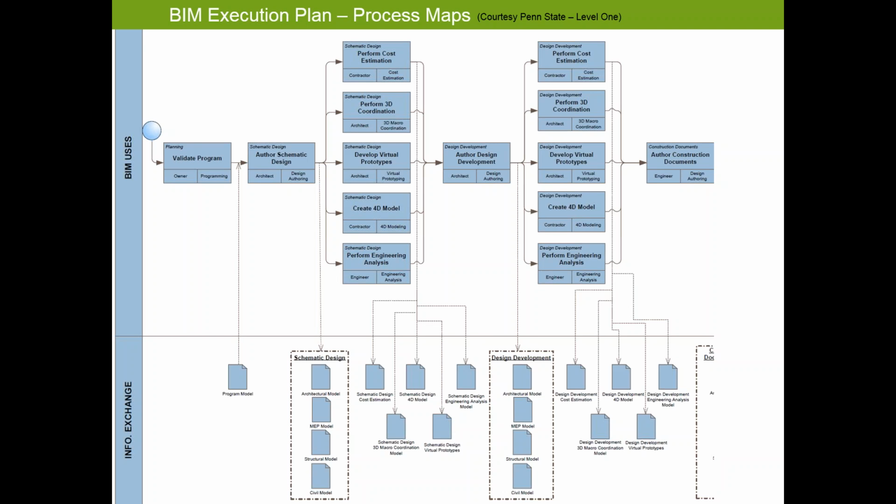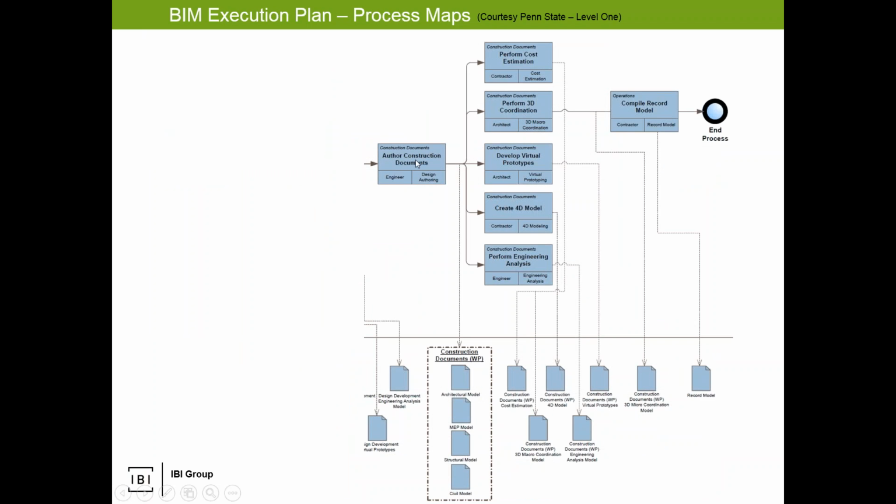You may have engineering analysis, a schedule simulation model by the contractor. You may be developing what Penn State calls a virtual prototype. So that's your mock-up, your review model. You may cost estimate, etc. And you have an output of schematic design. You have an output at the bottom of various static snapshots of your model, static snapshot of your cost estimate at that moment. Continue into design development, same process, you have your outputs. Continue into contract documents, you have your various outputs, and then you have a record model at the end of the day. And that's your overall generic BIM process.